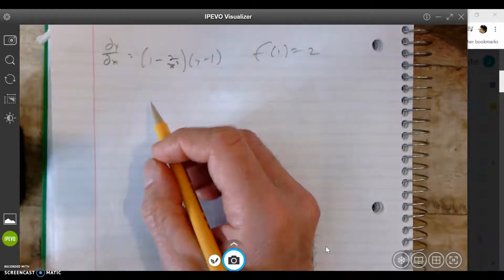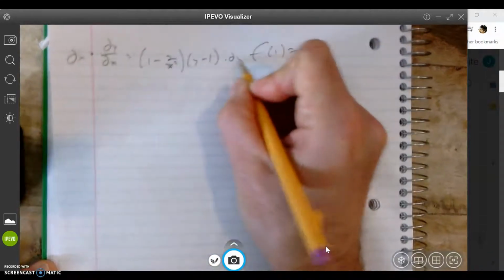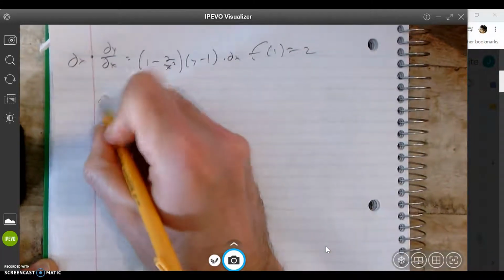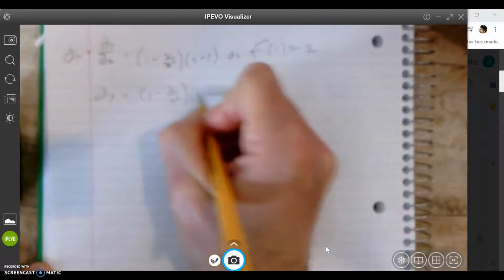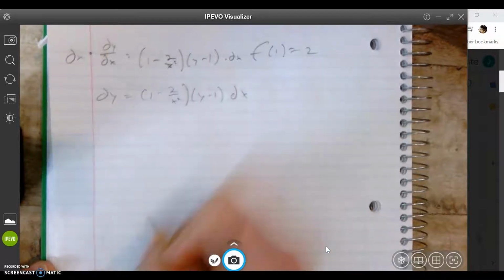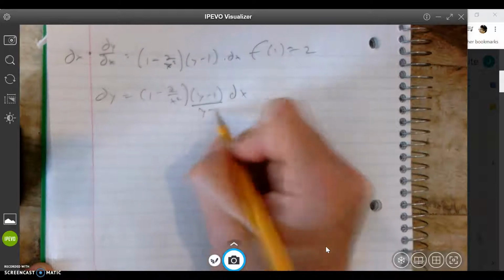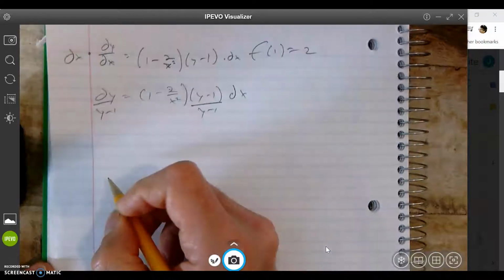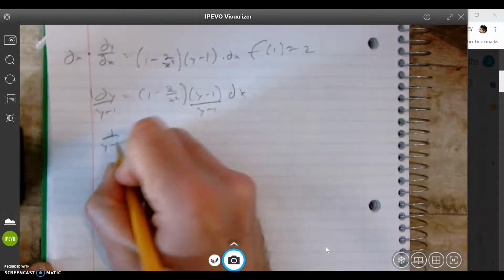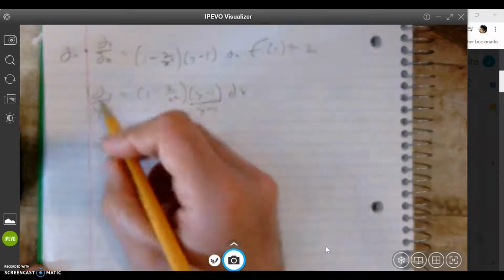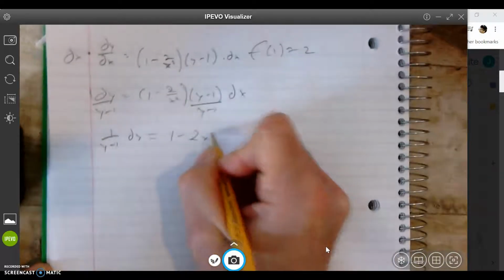Okay, so this is like x's and y's, guys. So I'm going to times dx on both sides. So that's going to mean dy equals (1 minus 2 over x squared)(y minus 1) dx. That's what I got. So I got my x's on one side, now I need my y's on the other, so I'm going to divide by y minus 1. Okay, so I'm going to rewrite this as 1 over (y minus 1) dy, to separate those two terms, equals (1 minus 2x^(-2))